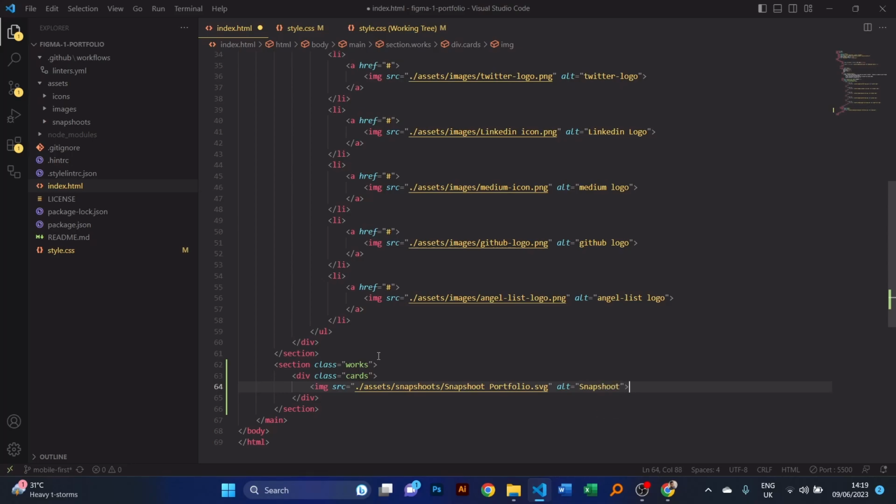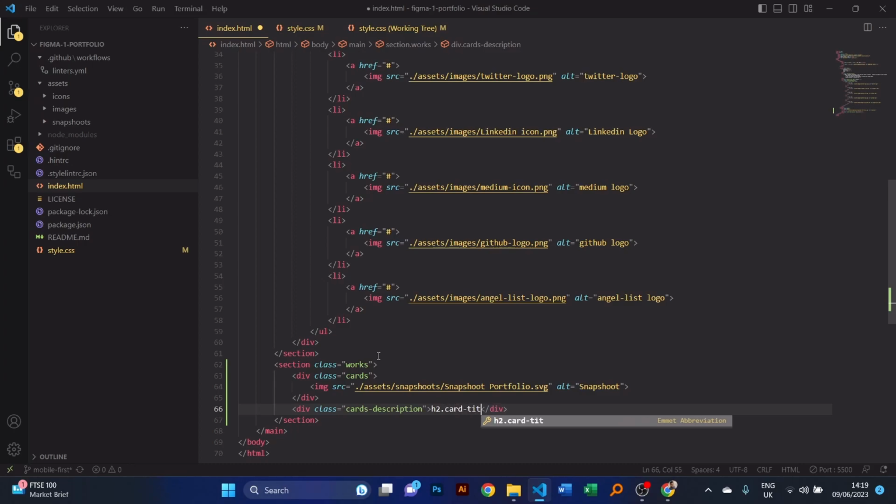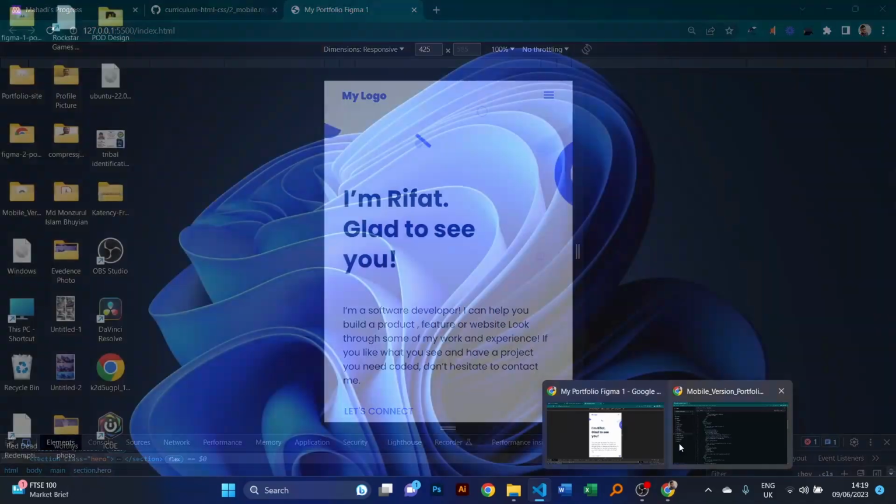Okay, so as for our images finished, let's create a new div for the description. Let's give it a class of cards description, and create an h2 with a class of card titles. Okay, so let's give the div space and give it a name. Okay, we haven't opened up our Figma